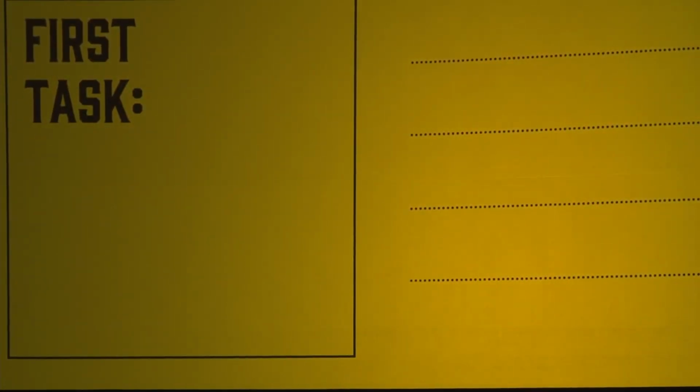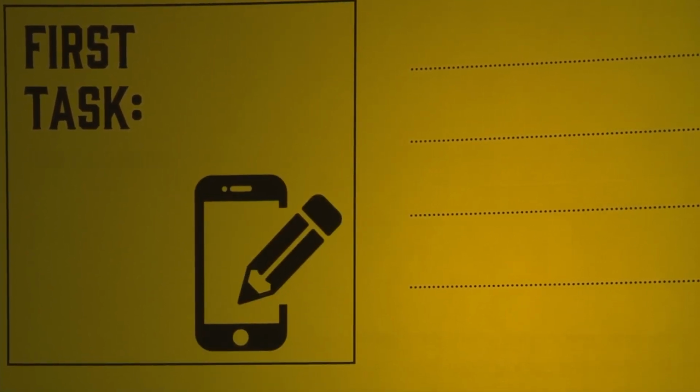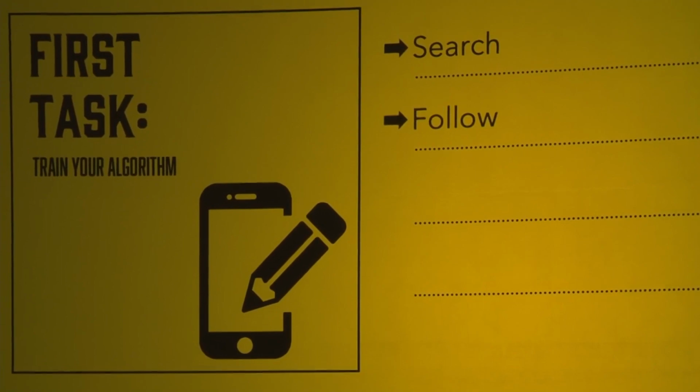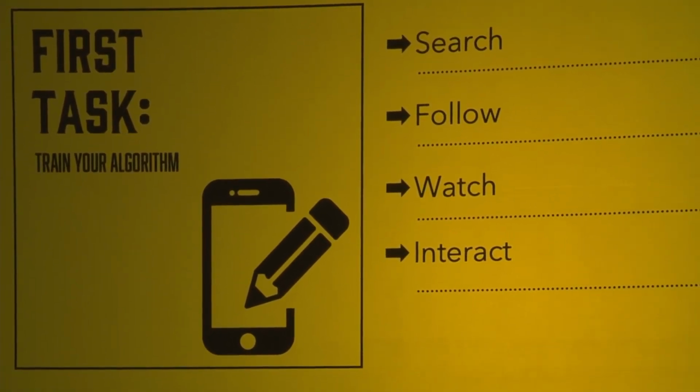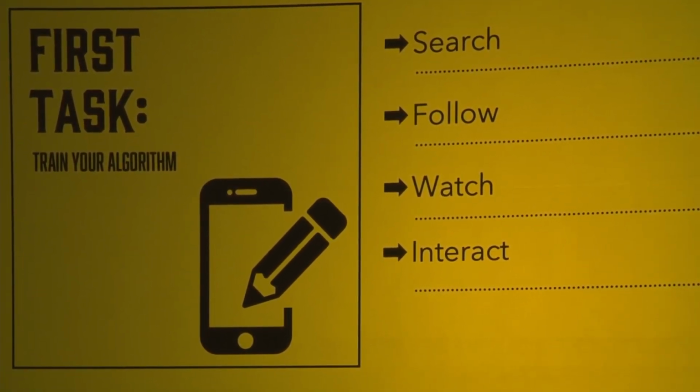So do that, have a look at your For You page, and if it's not matching what you're trying to be on TikTok, you need to sort that out. How do you sort that out? Good question. You train your algorithm by doing the following. Use the search function in TikTok, which we'll go into detail in a moment. It's really powerful. Follow similar accounts with the results you find.